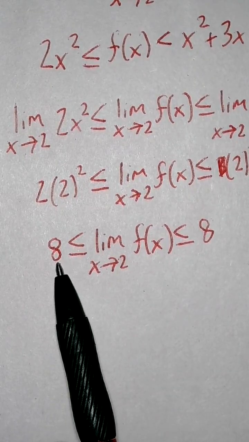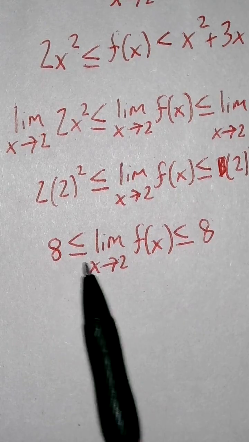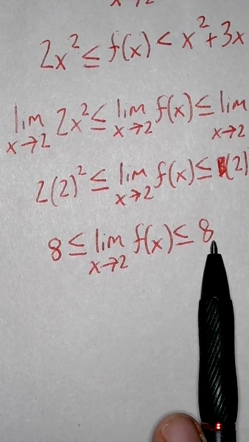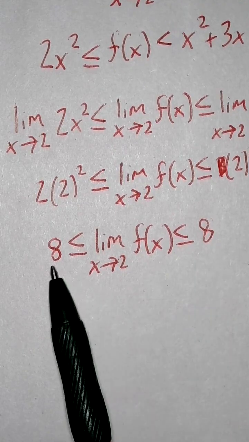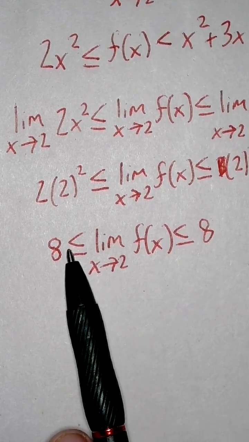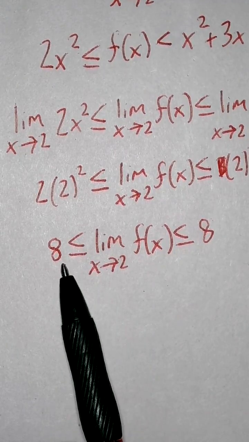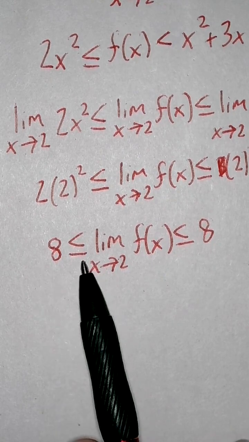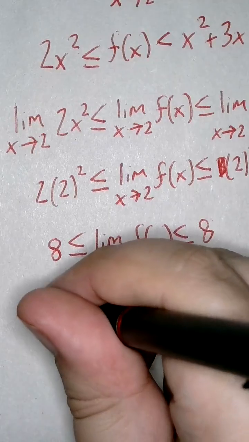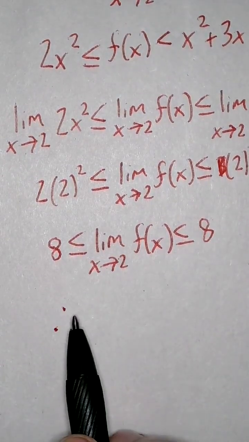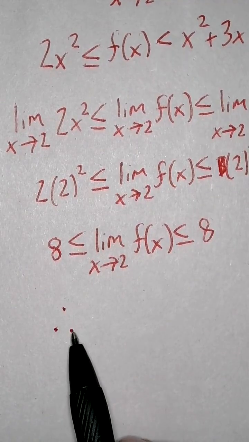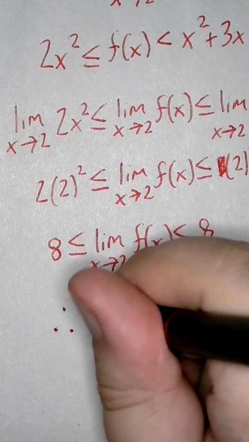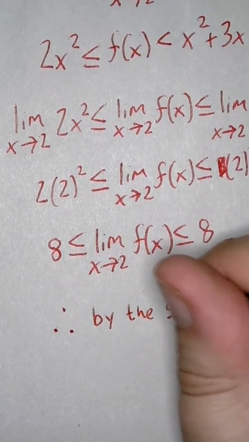So here, I have 8 is less than or equal to the limit as x approaches 2 of f of x, which is less than or equal to 8. So here, there isn't a value that's both greater than 8 and less than 8. But there is a value that is equal to 8, and that would be 8. So therefore, oh, I forgot to mention, these 3 dots in this triangle formation just means therefore. By the squeeze theorem,